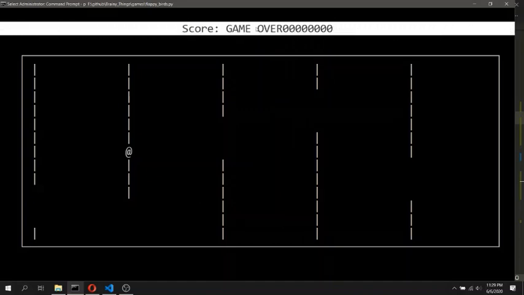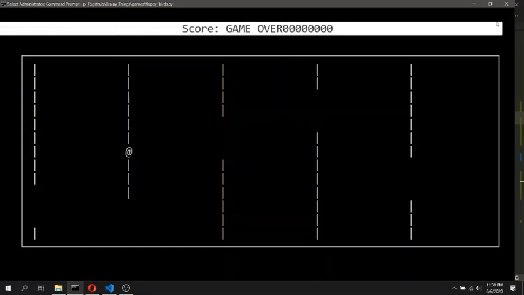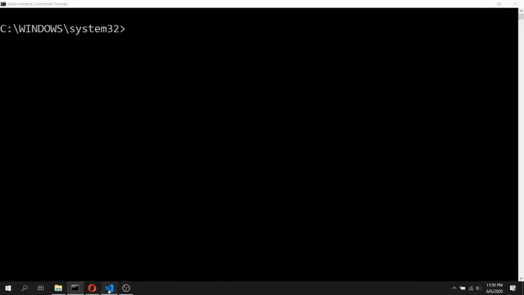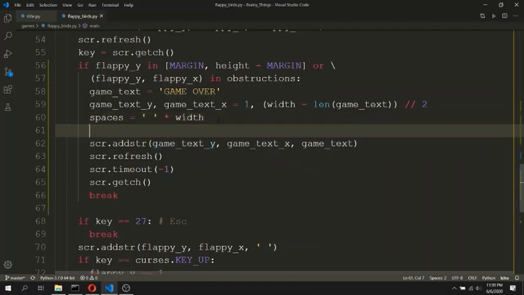So this much space will be rendered at y equal to 1 and x equal to 0 to delete the entire line, and then the game over text will be displayed. Spaces is space into width, and we will display the space using screen.addString. Y will be 1, x will be 0, and the string will be spaces.